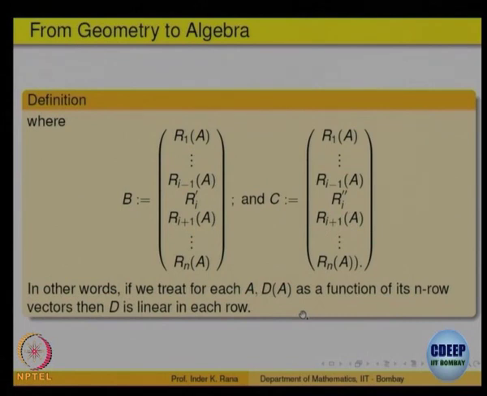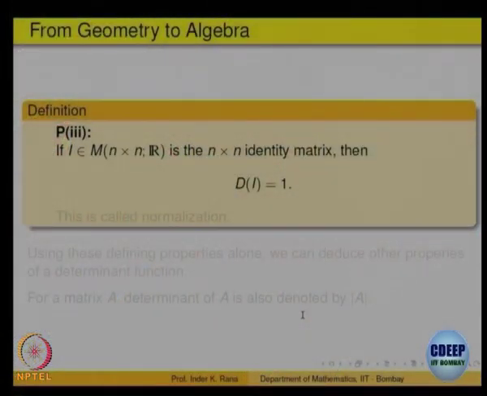So, that is linearity. The first one was, if two rows are identical, then the determinant is 0. That is similar to saying that if two sides of a parallelogram are identical, then there is no parallelogram, the area is 0. The second is linearity in each variable. And the third one is what is called a normalization constant. That means, for the identity matrix we define the determinant to be equal to 1. It is just a normalizing factor, nothing more. You could put anything you like, but normally it is a good idea to have the determinant of the identity matrix equal to 1. So, there are three properties which define the determinant.